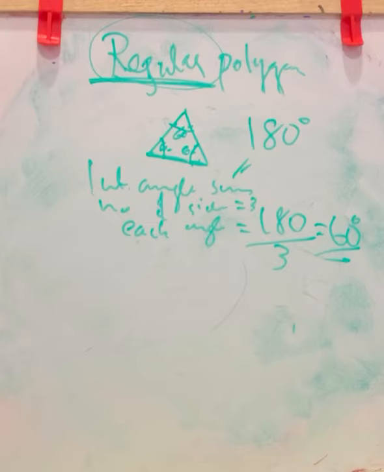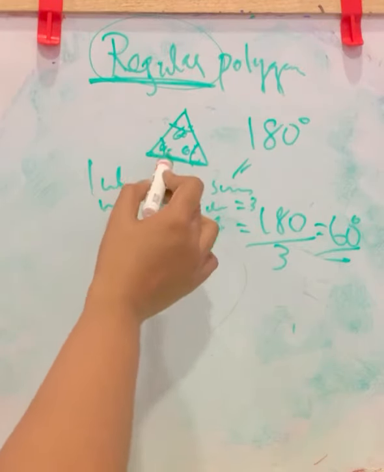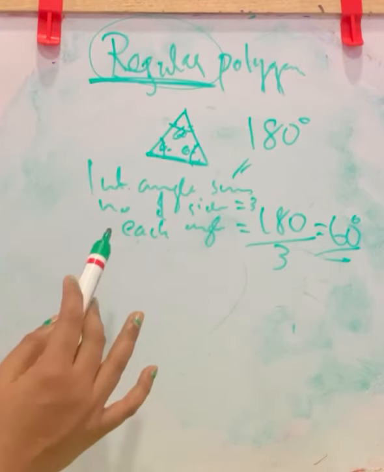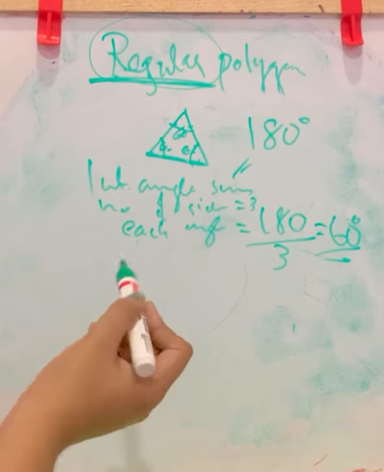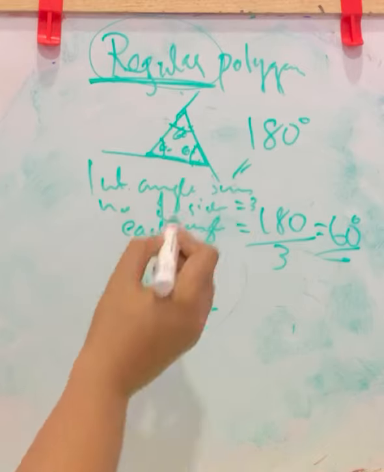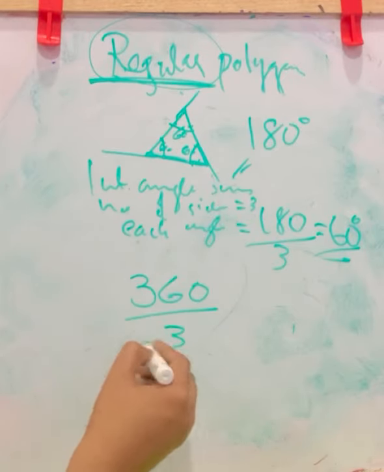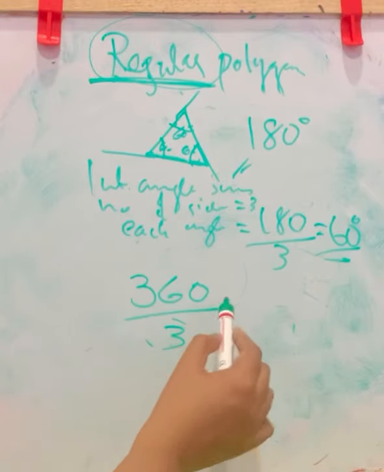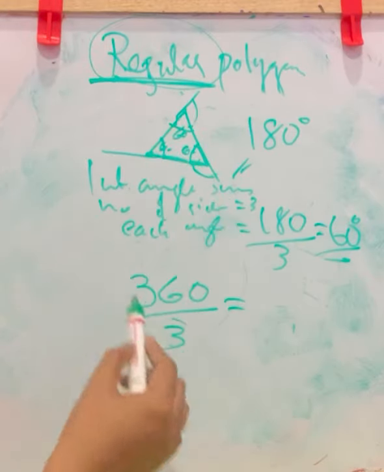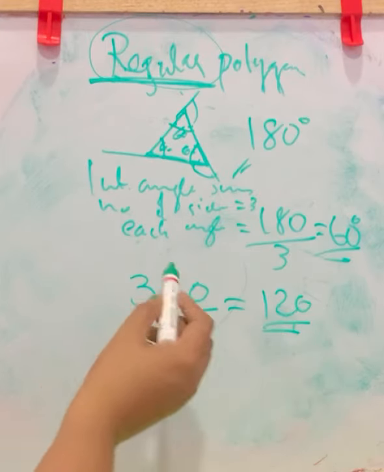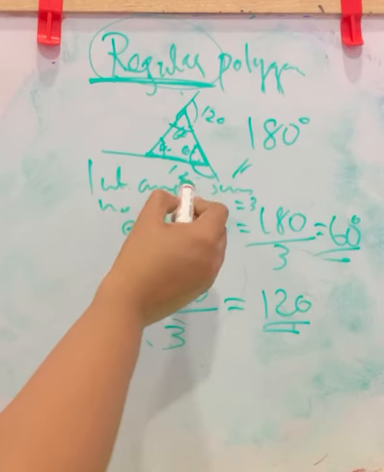Next, what is the maximum exterior angle possible for a regular polygon? Now, in this case, this is the smallest polygon, a regular polygon too. And for the exterior angle value, we know 360 is the sum. And how many exterior angles are there? 3 angles are there. So, sum of exterior angles by the number of sides. So, you will get the angle measurement here. That is 360 by 3 is 120. So, the exterior angles are 120.